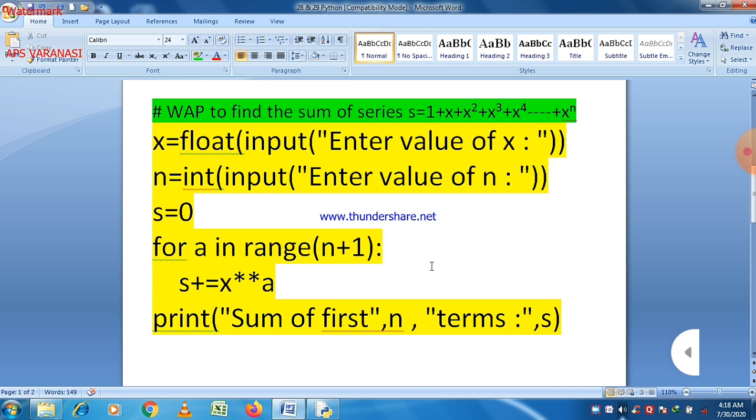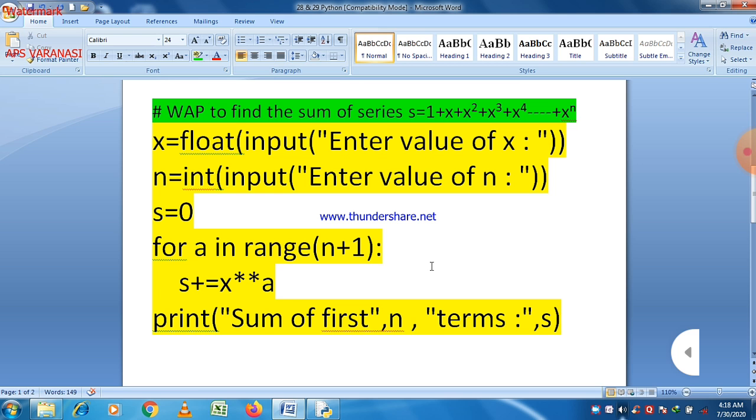First the first sum is calculated, then the second sum is calculated, then the third sum, and this is calculated up to n terms. For example, if we take the value of x equal to 2 and the value of n equal to 2, then the loop starts from 0, and the first sum is s equal to 0 plus 2 to the power 0.